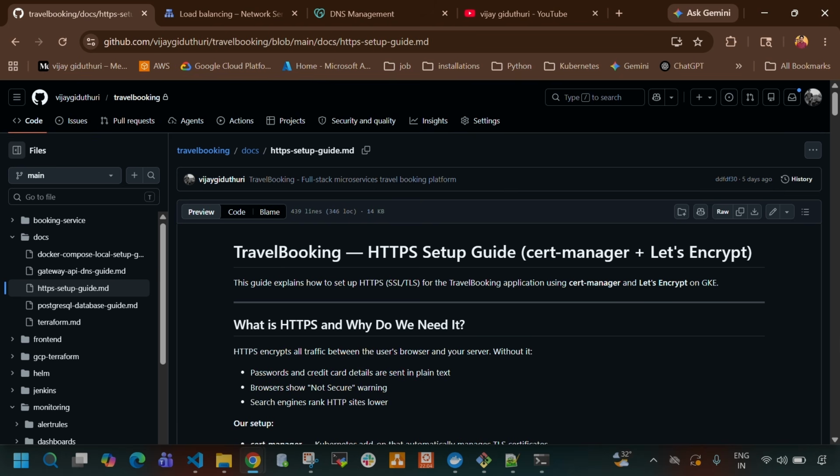So Let's Encrypt sends a request to a special URL on our domain, and cert-manager creates a temporary pod that responds with a verification token. Once it's verified, Let's Encrypt issues the certificate. The certificate is stored as a Kubernetes secret, and the gateway uses it to terminate TLS on